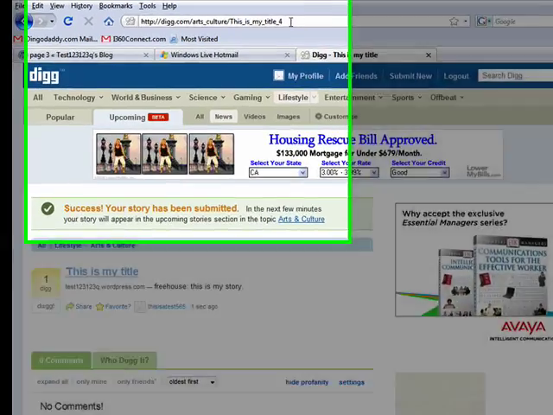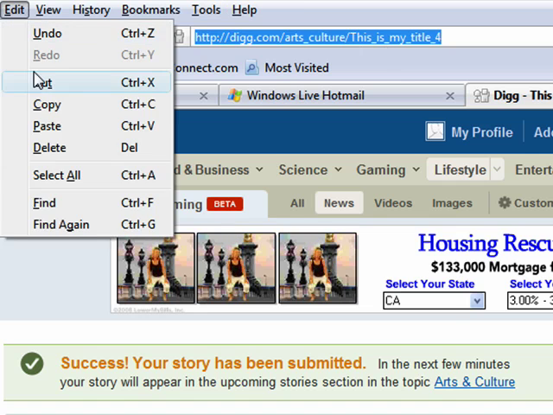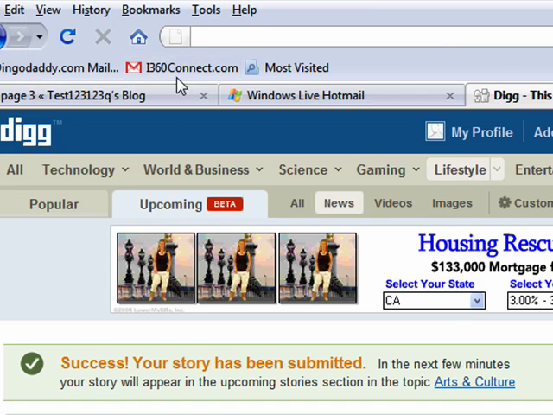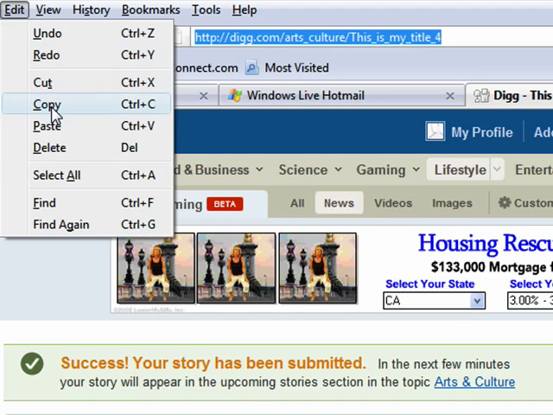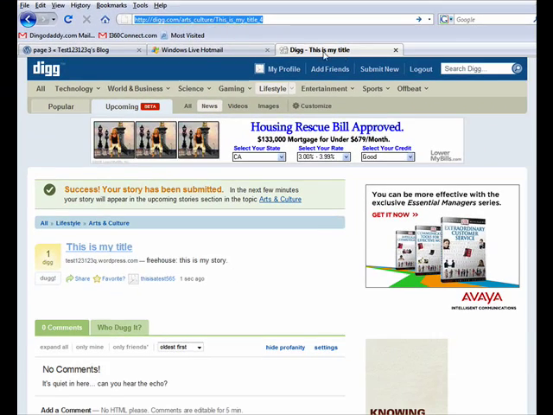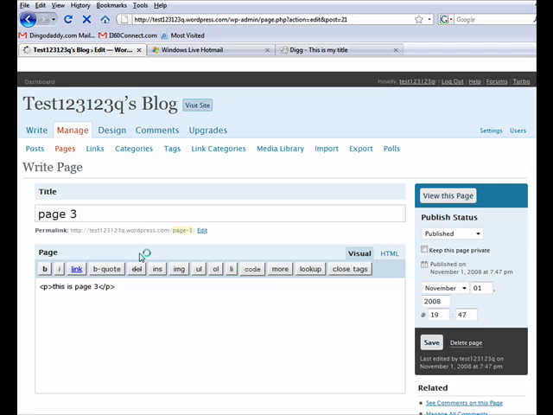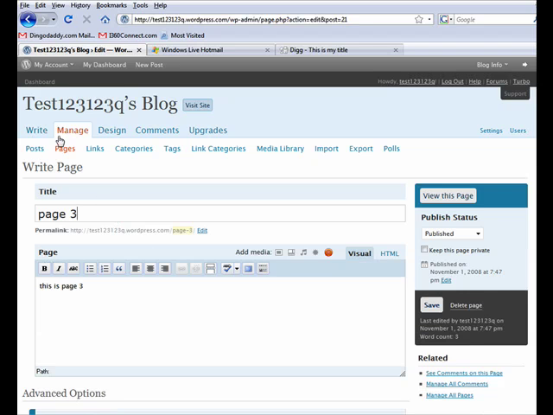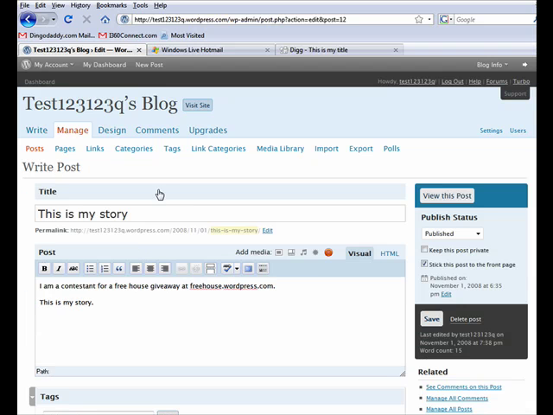You want to go up to the top here, right here, and you go to edit, copy, let's do this right, edit, copy this title, and then we want to go back to our original story right here, and then we want to go to edit this entry. Oops. We want to go to manage posts. This is my story. Basically you want to go back to your original story that you wrote,